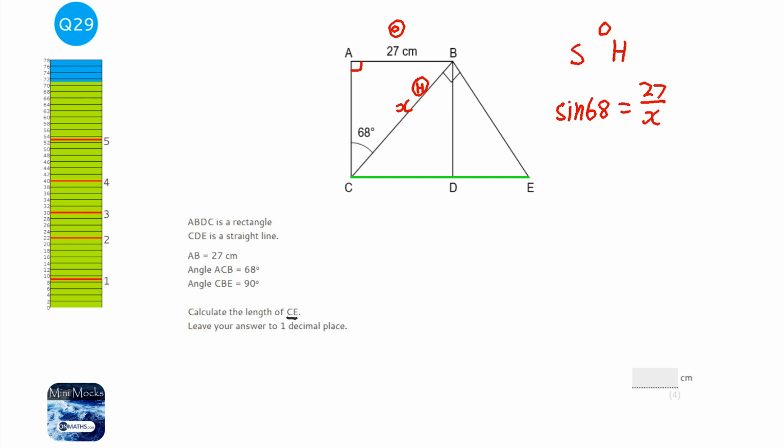And I'm going to times both sides by x and divide both sides by sine 68. So that gives me x equals 27 over sine 68. And so if I do that on the calculator, 27 over sine 68, and that gives me